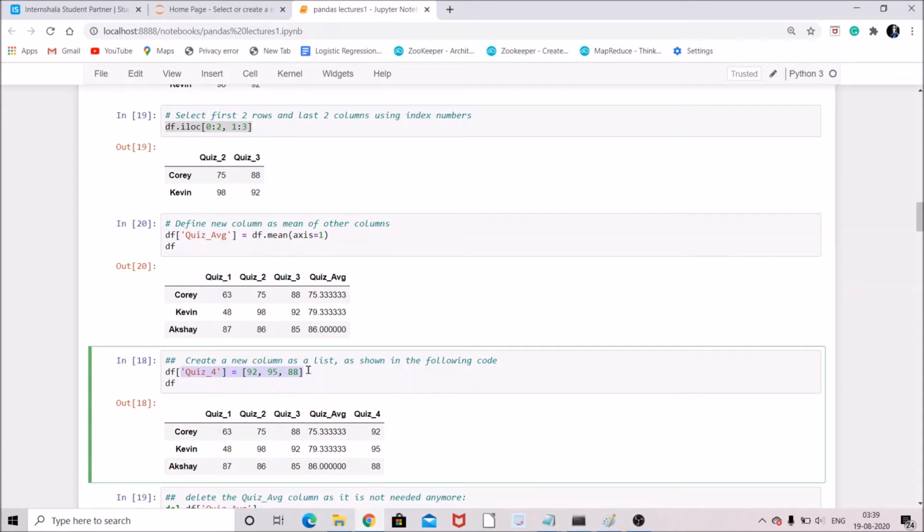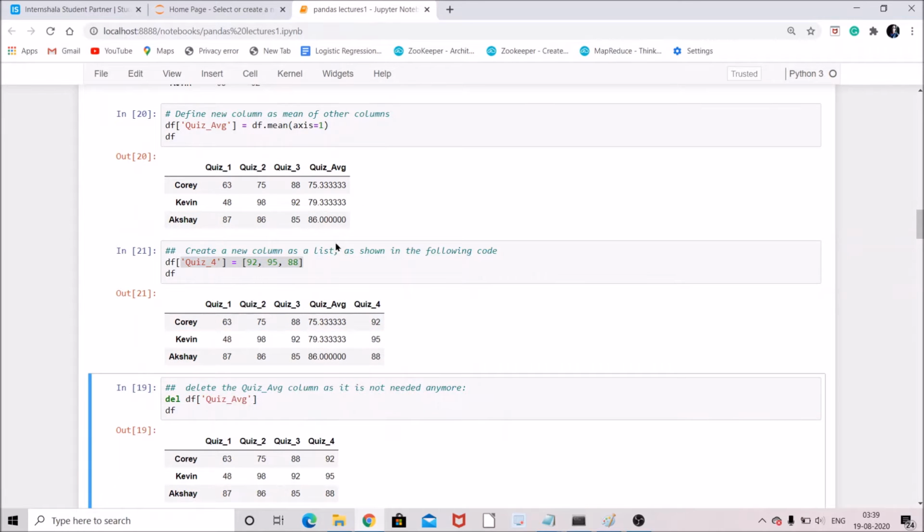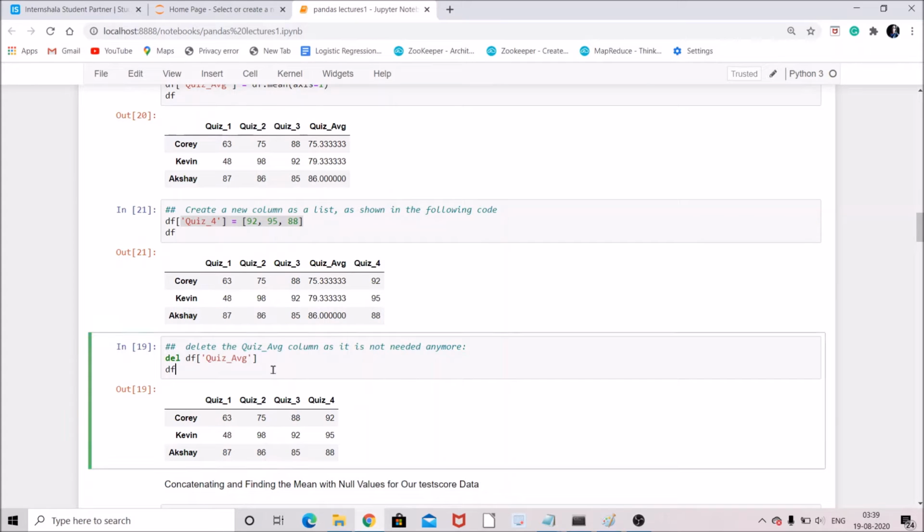So when you run it, you will be able to find this quiz 4. Suppose we want to delete one of the columns in the data frame, for example the quiz average, so you can use the delete function in pandas to delete this.